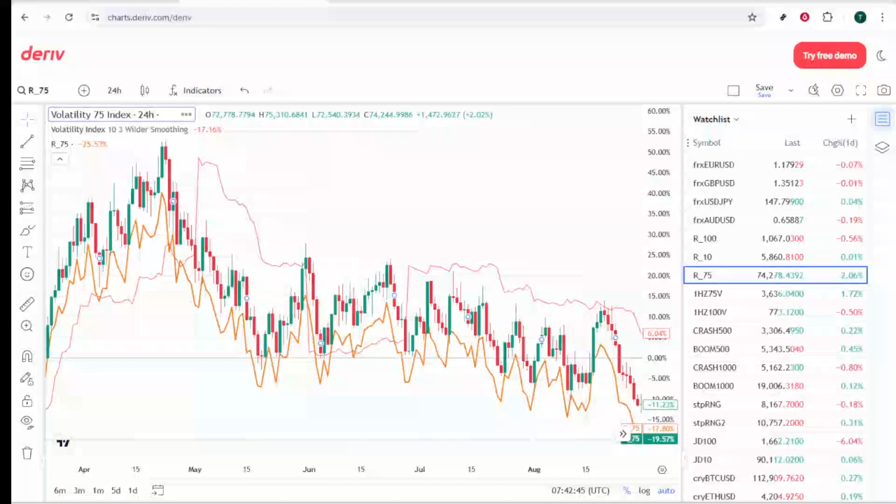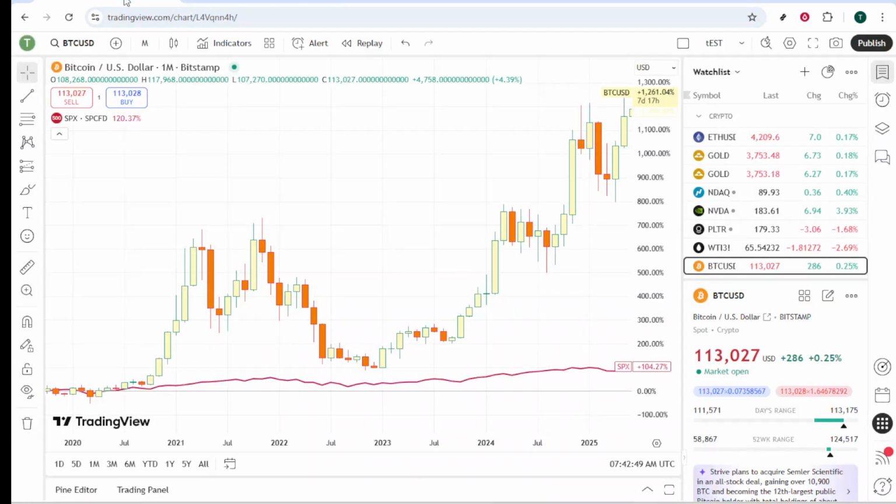In today's video, I'm going to teach you how to create a bracket order on TradingView. A bracket order is a smart trading strategy that combines a take profit and a stop loss order, enabling you to manage both risk and reward effectively. We'll go through the entire process step by step, ensuring you can follow along with ease, even if you're new